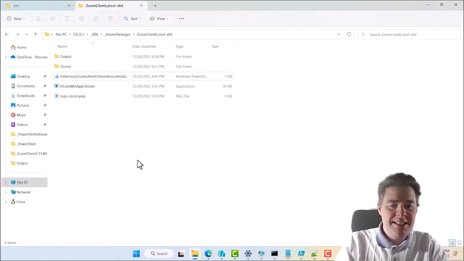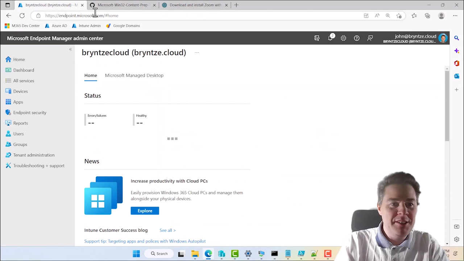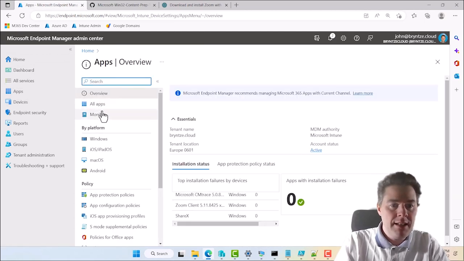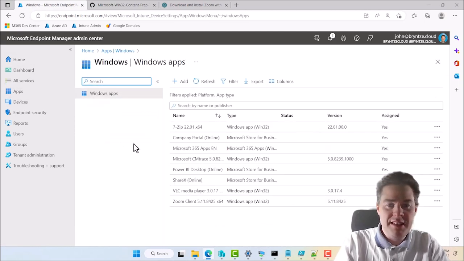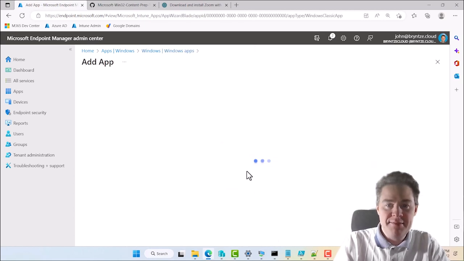Okay, let's package this and wrap this up. We have done definitely the hardest part. So usually when you log into Endpoint Manager, it looks like this, or it's actually called Intune now. If we go Apps, I like to go Windows. We should see we have an app for Zoom, but that's not the latest. So let's add, go down here, Win32 App, select,